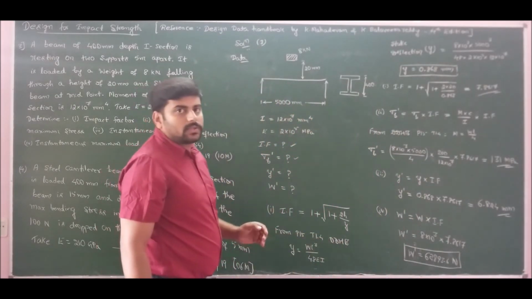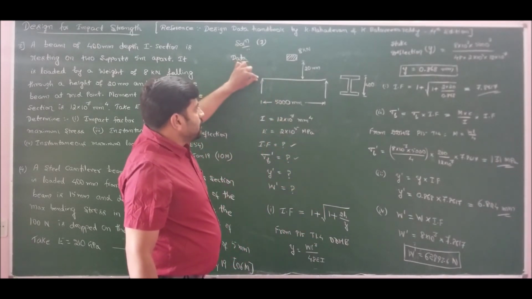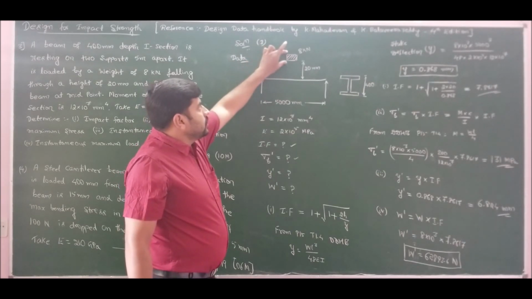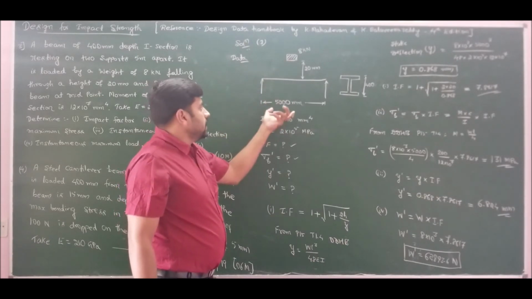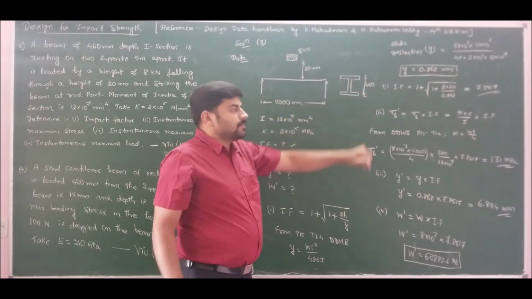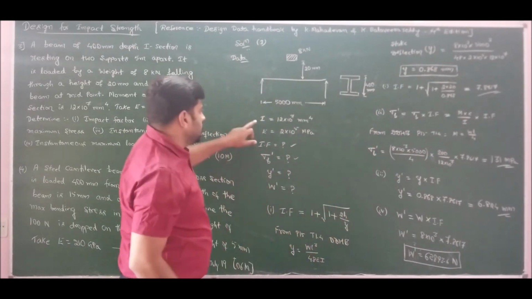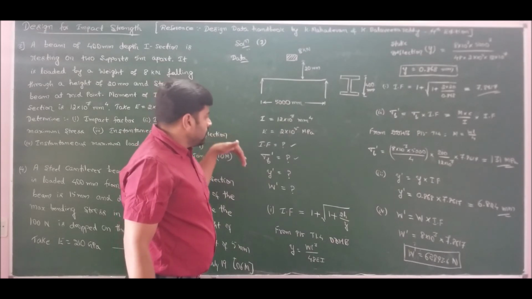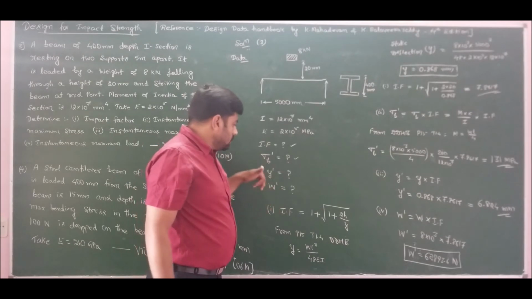So this is the complete solution for problem number 3, wherein we had a simply supported beam of I cross section to which a load of 8 kilonewtons is falling exactly at the center from a height of 20 millimeters. The span length is 5000 millimeters and the depth of the I section is 400 mm. Apart from that, we know the moment of inertia and Young's modulus. He has asked us to calculate the impact factor, maximum instantaneous bending stress, maximum instantaneous deflection, and maximum instantaneous load.